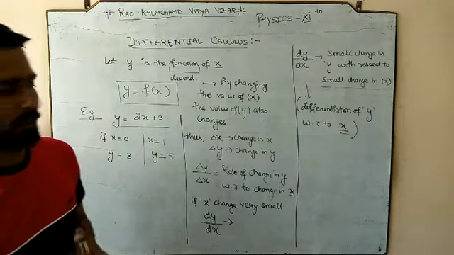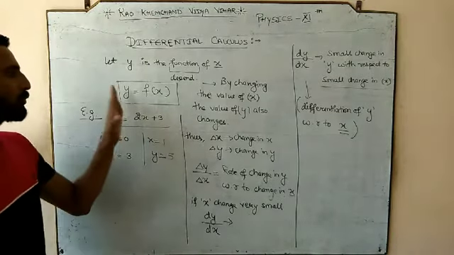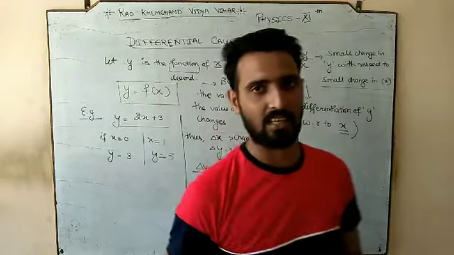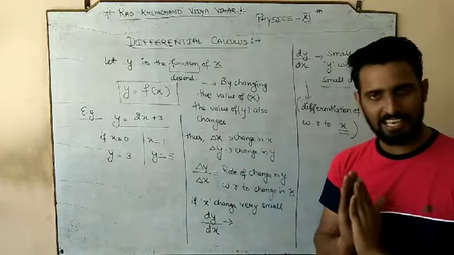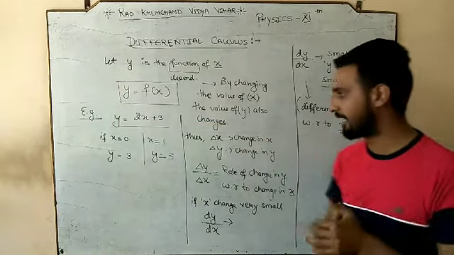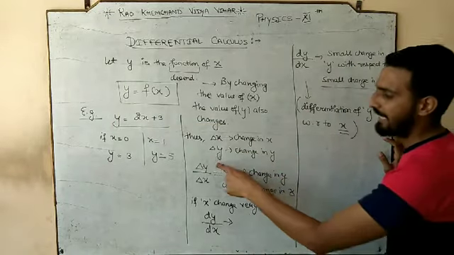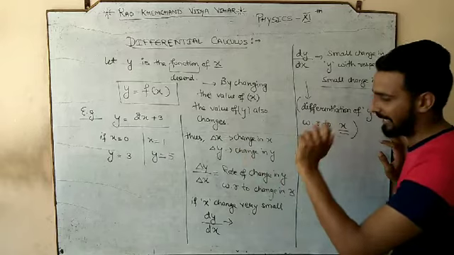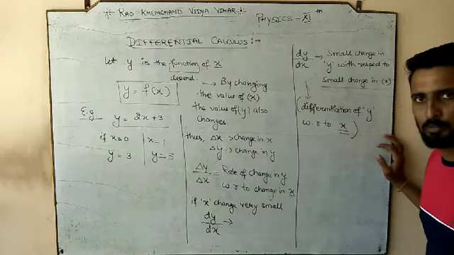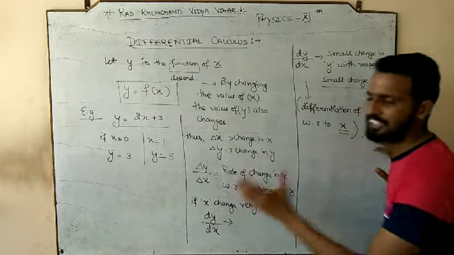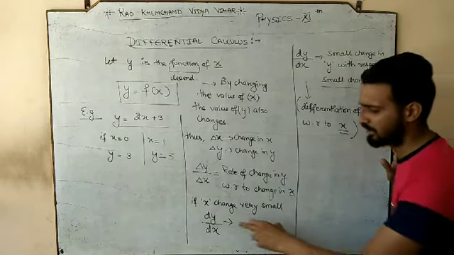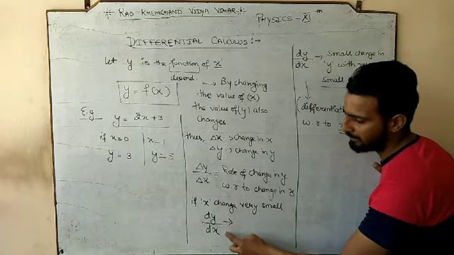So in simple language, what are we doing? We know that y is a function of x, means y का value x पे depend करता है. It means by changing the x, y will change. Means x को change करेंगे तो y change हो जाएगा. And delta y, delta x means x में कुछ change किया तो y में भी change आया, and then we find their ratio. Let's suppose if I change the x by a small amount.